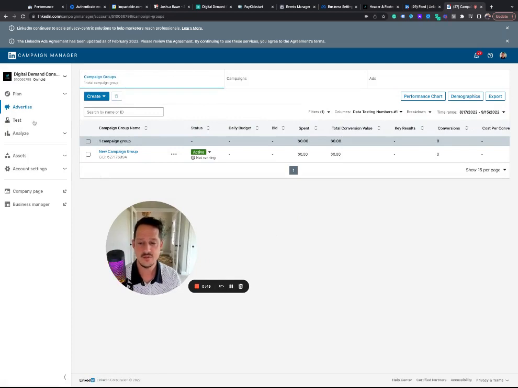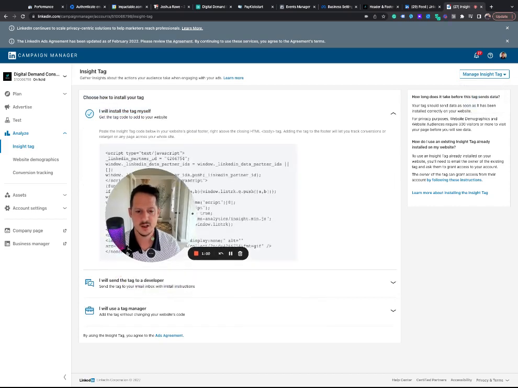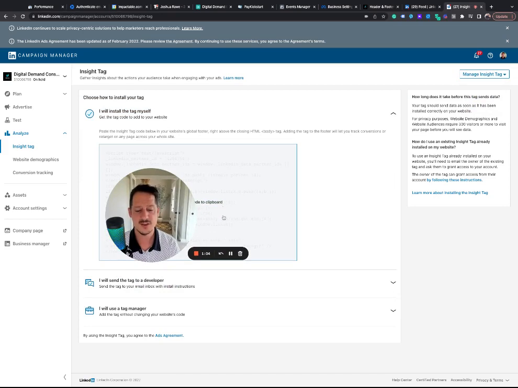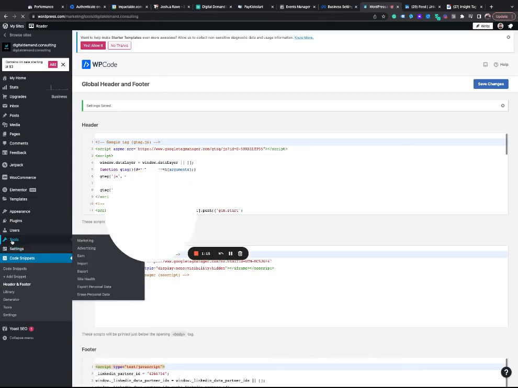So if you come into your LinkedIn ads account, go to Insight tag, go to manage Insight tag. Actually right here, I will install the tag myself. So here, you just click on the keyboard and it copies this code, and you're just going to drop this into your global footer. I think it says header or body. Oh, nope, it says footer. Okay. So then you just go back to your website,